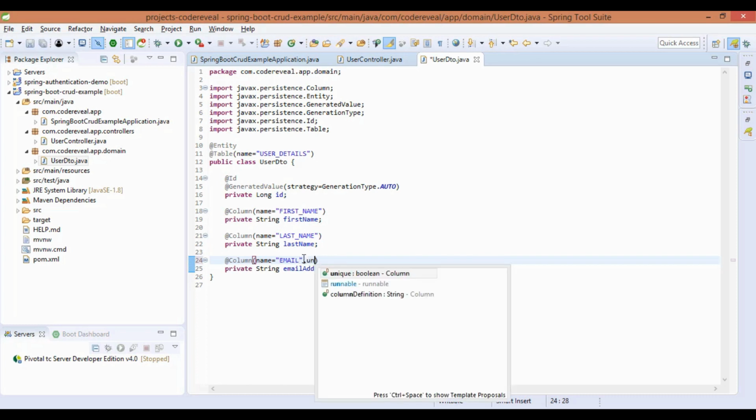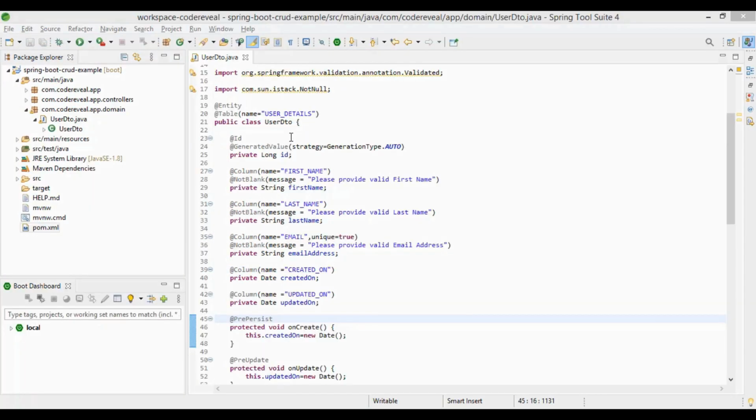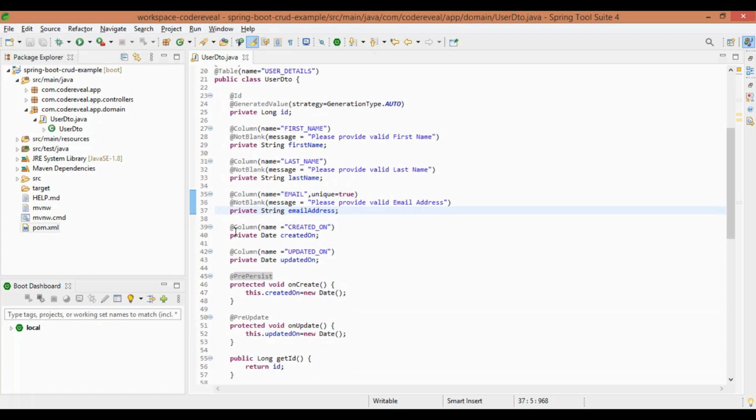The email address must be unique. So here I have added some other fields as well that we require in this entity: the created on date and the updated on date.